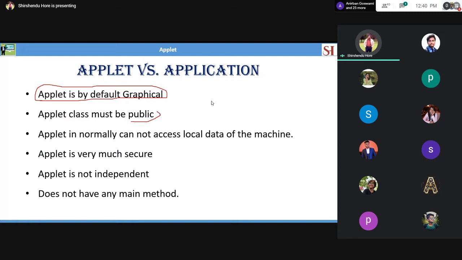We know what the default access specifier of a class is. What is the default access specifier of a class? Are you able to hear me? Public, sir. No, sir, it's default. Okay. So what is the difference if you keep a class name as public and if you keep a class name as default? Is there any difference in naming convention or saving rules?